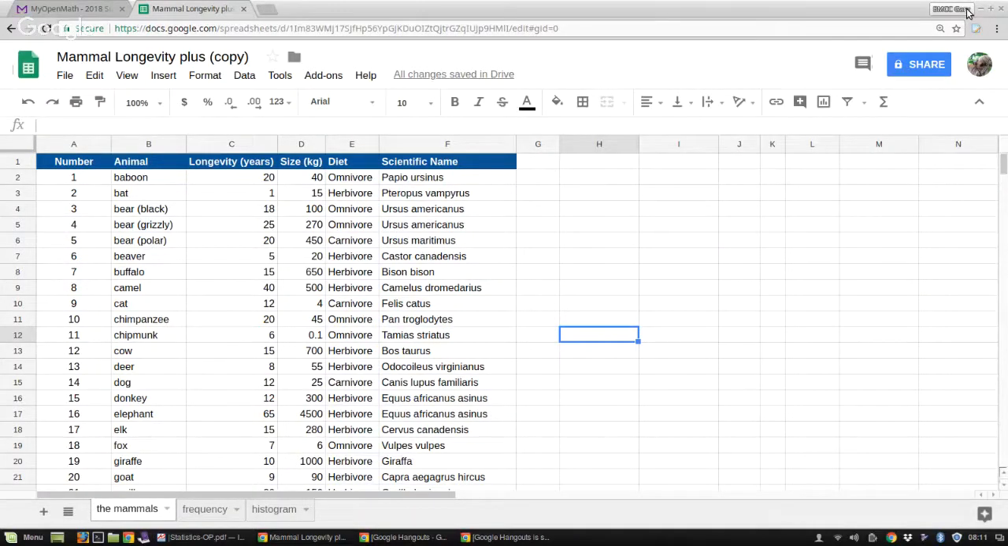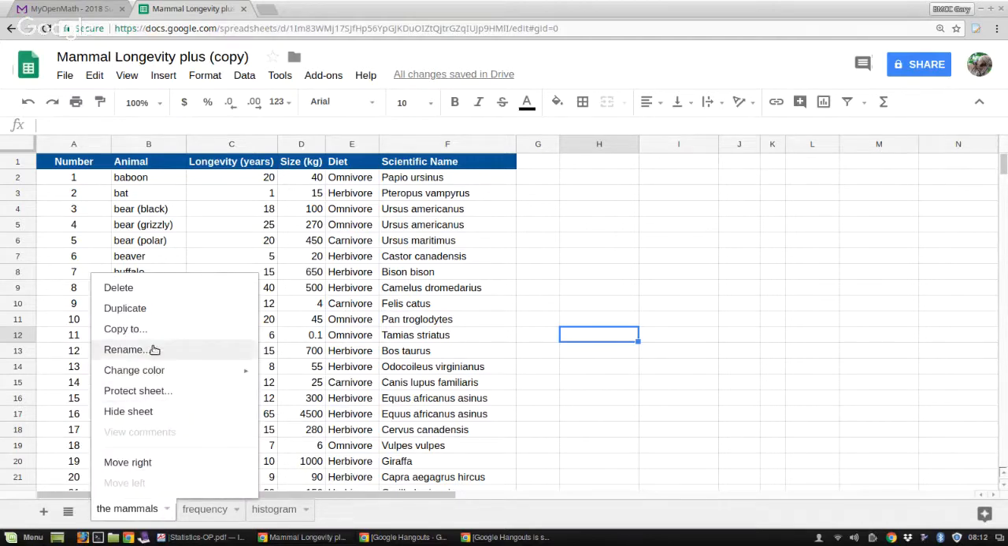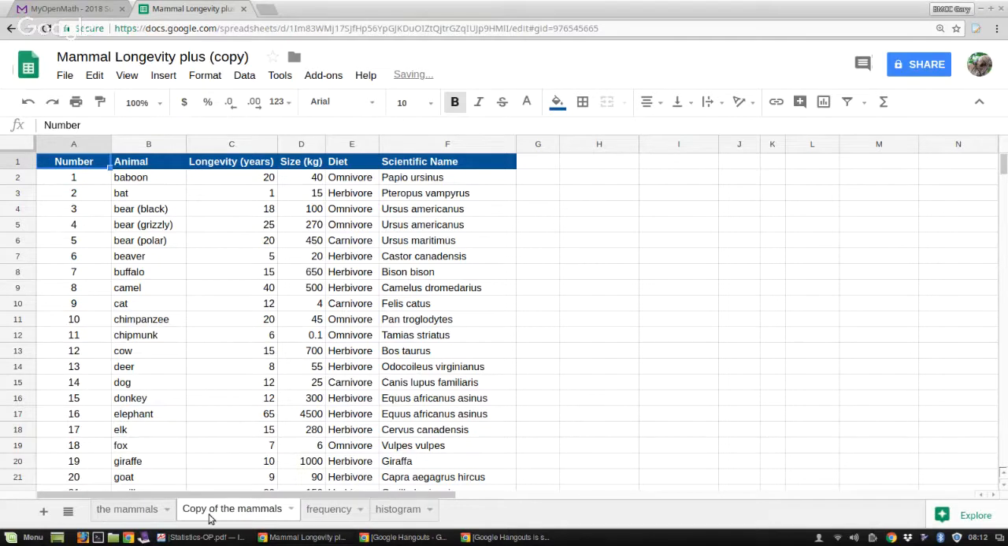I'm going to look at sampling data with a spreadsheet here. So I have some data on mammal longevity, their size, diet, scientific name. So first I'm going to make a copy of this so I don't mess it up. Duplicate. All right, so just note this particular sheet came with the animals alphabetized by common name, and I gave